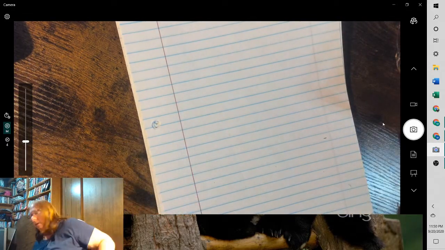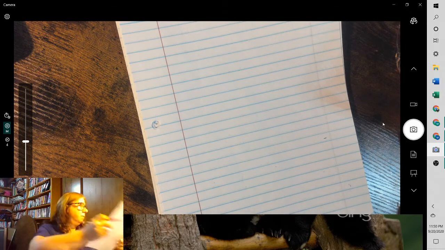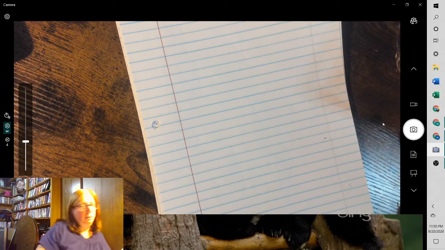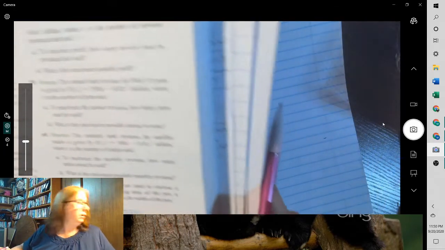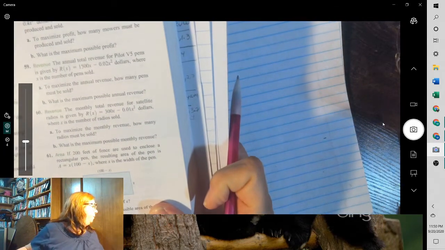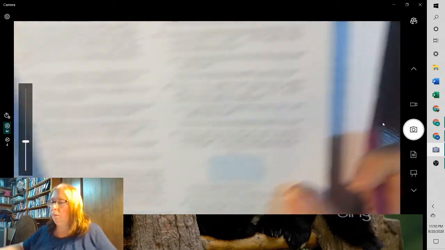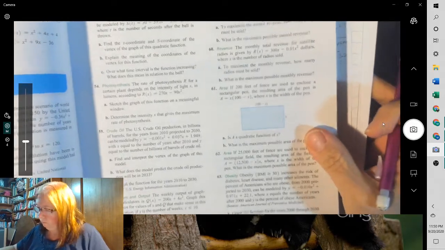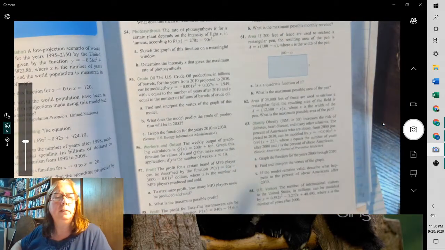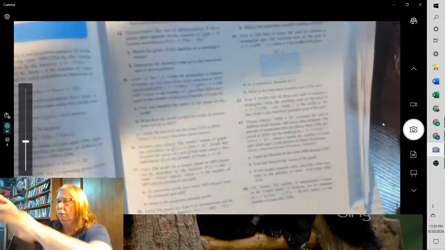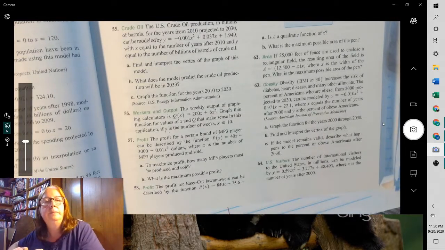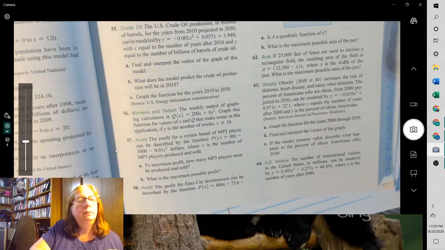Okay. I'm going to do a few problems from the book. Number 57. It's down here. Can you see 57? Yeah. So number 57